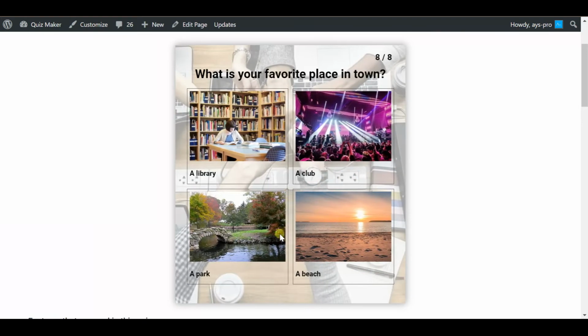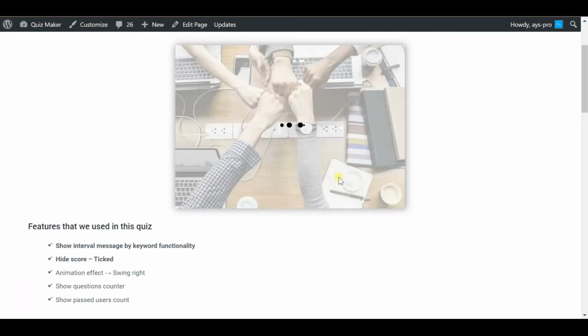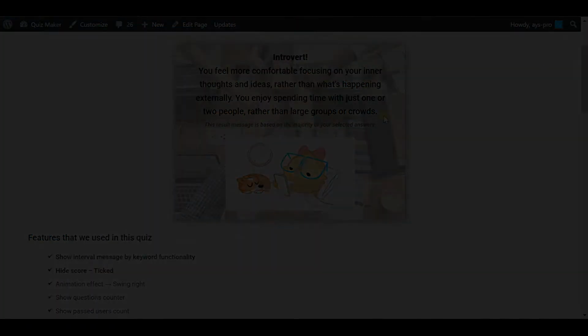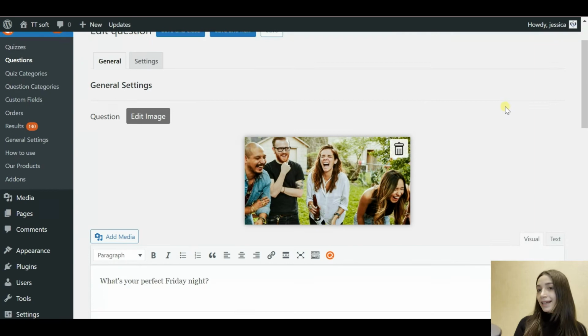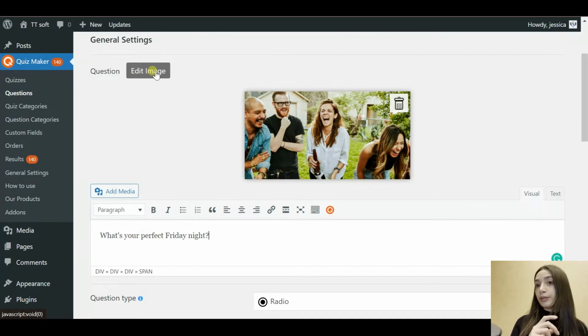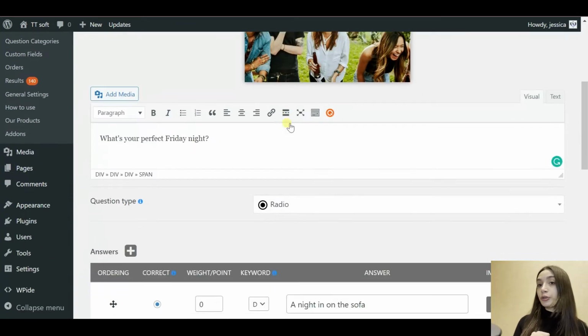Personality quizzes engage people. Even the ones that have no common sense are very interesting. The reason is that we all tend to find out new things about ourselves any way possible. So our next type is our personality quiz, and in order to create a personality quiz, you need to create